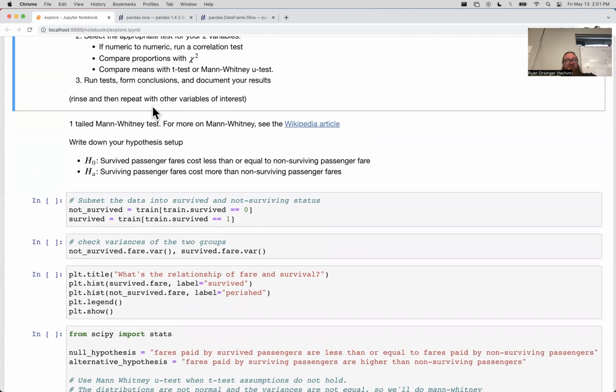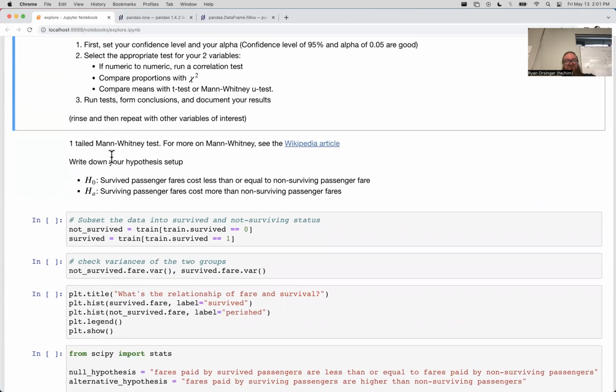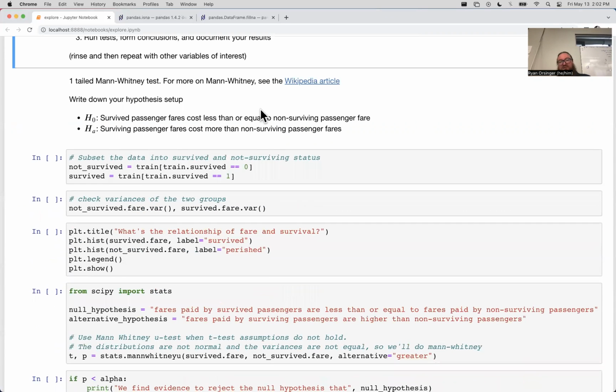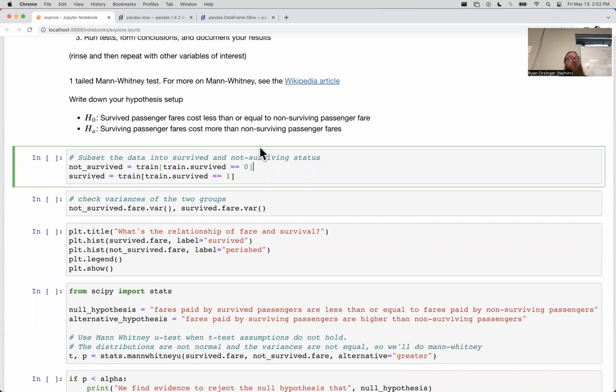So what I'm going to share with you is, I'm going to pull a Mann-Whitney U-test. In your mind's eye, think of this just like a t-test. Mann-Whitney is a t-test that will work if your distributions and your data don't conform to the t-test assumptions. So I'll show you that this new fourth crazy test is not that crazy.